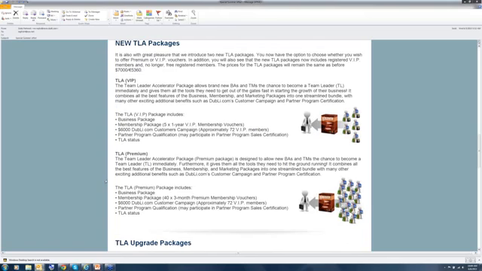The TLA Premium, they're selecting the premium vouchers. If they select the TLA VIP, they're getting 5 of the 1-year VIP membership vouchers. If they're selecting the premium, they're getting 40 3-month premium membership vouchers. Their choice. It's whichever they feel best about. Same price on either one of the packages.